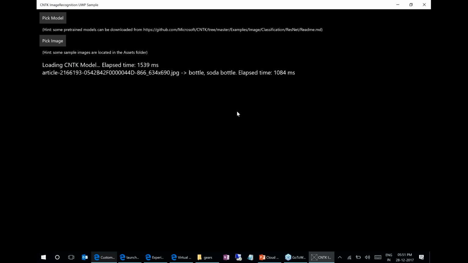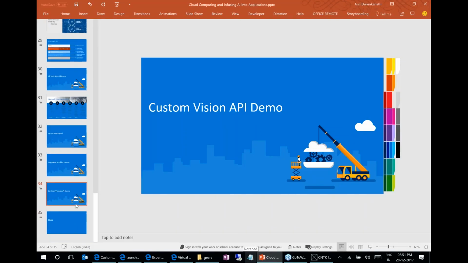And it's not as accurate as the Vision API that you saw, but if you train it a little bit more with a little bit more amount of data, you can actually get pretty accurate on this as well, right? So if you want to run it on an edge where it doesn't have internet connectivity, this is another way you can implement AI, right? Another demo I wanted to show you was,